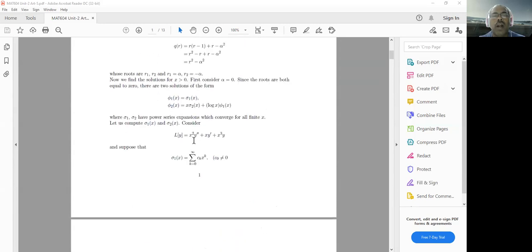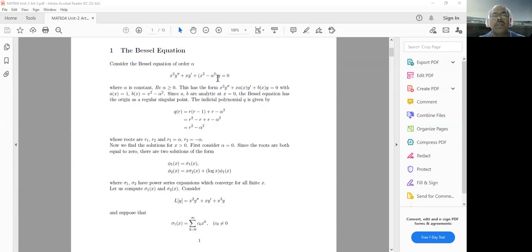x square into y double dash plus x into y dash plus x square minus alpha square. This bracket is the coefficient of y, which is equal to 0, where alpha is any complex constant, and the real part of that complex constant alpha must be greater than or equal to 0. So this is a Bessel's equation of order alpha,